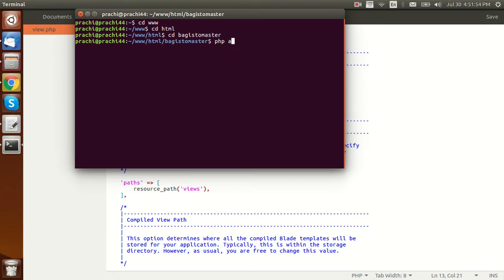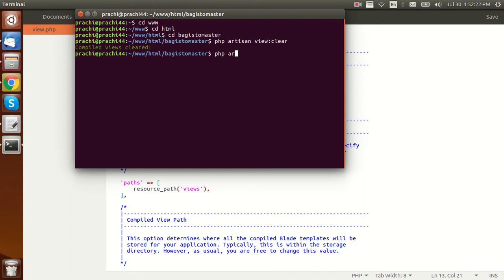First one is php artisan view:clear. So compiled views cleared. Now we need to run the second command, which is php artisan config:cache.